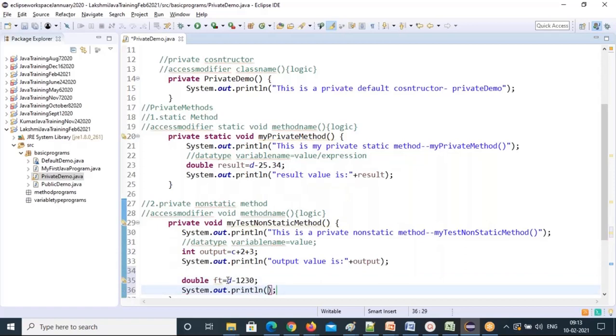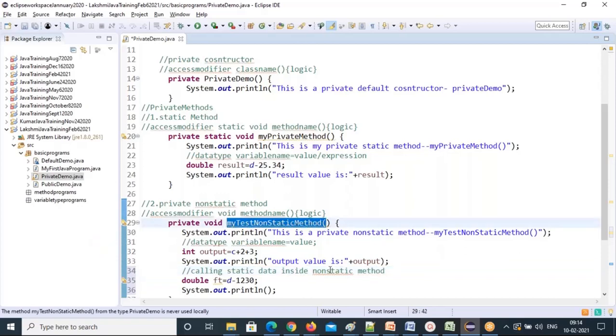See, this D is static variable data. So I am calling static data inside a non-static method. This is a non-static method, right? Inside the non-static method I am calling static data.